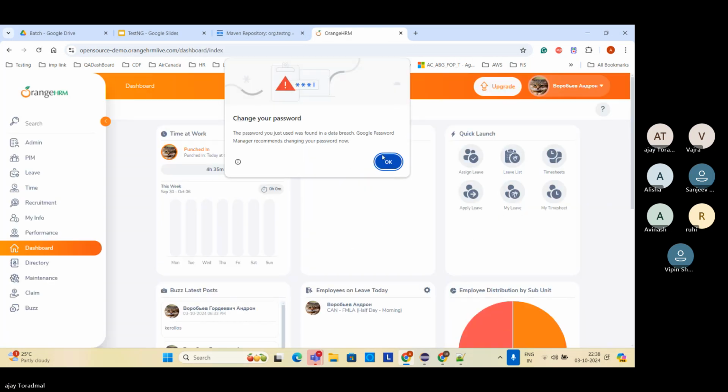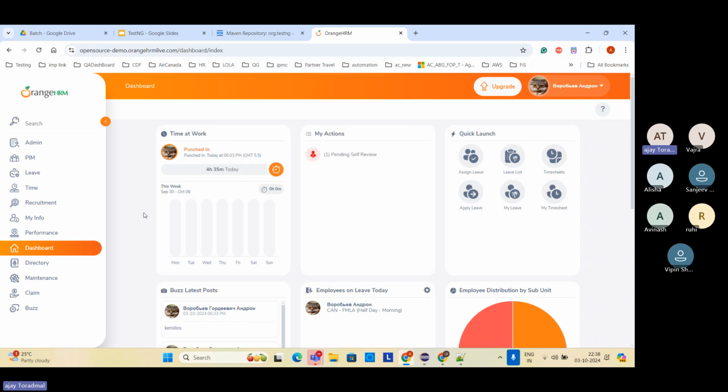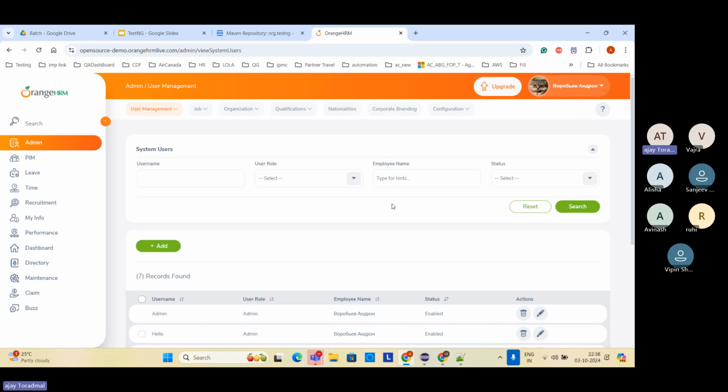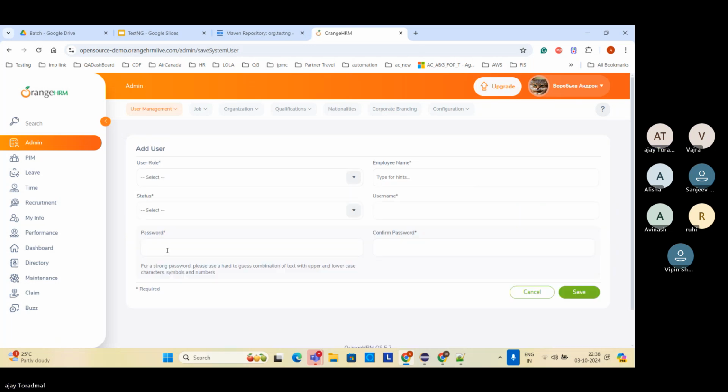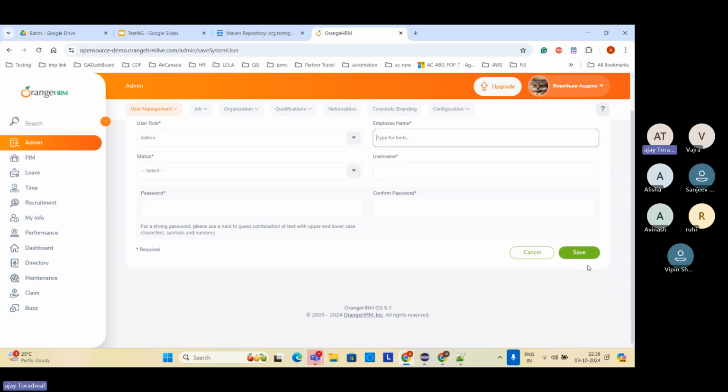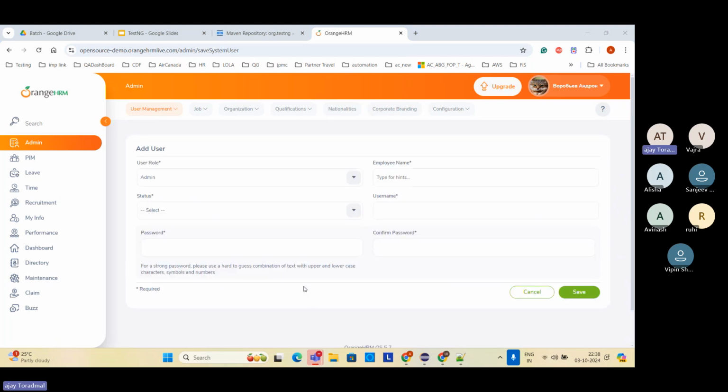Right. And I'm going to go to the admin module. And here I will say add user. Right. So whatever details are required, I'm going to add it in edit here. And finally, I'm going to say save it. All right. So it will add the new user. Right. So for that purpose, what I need to do, I need to